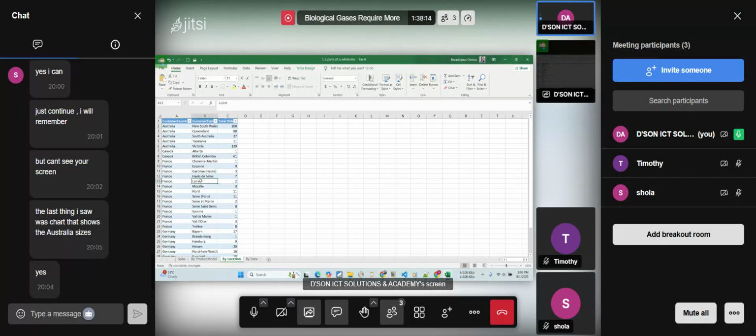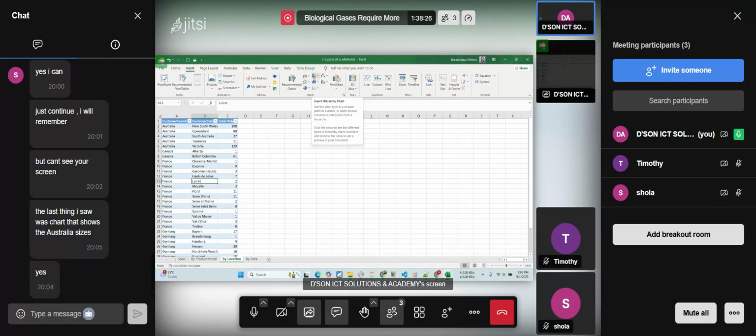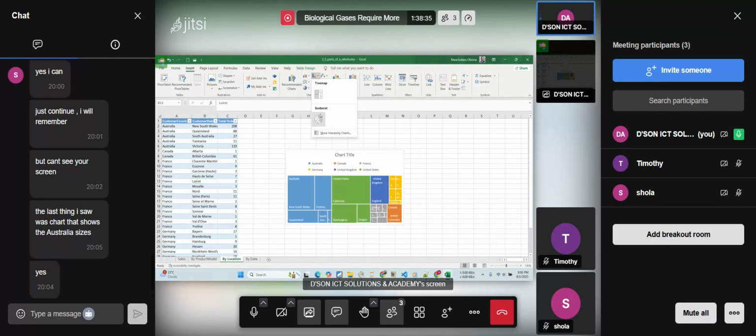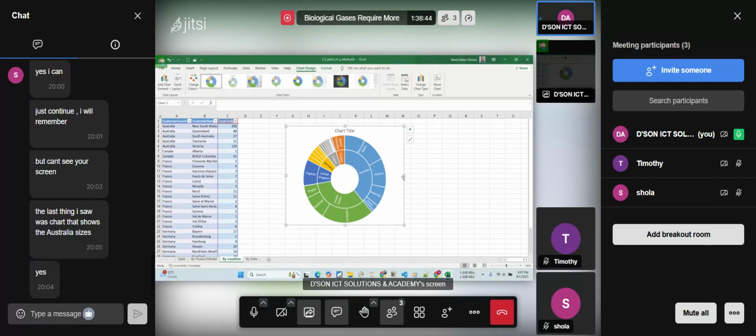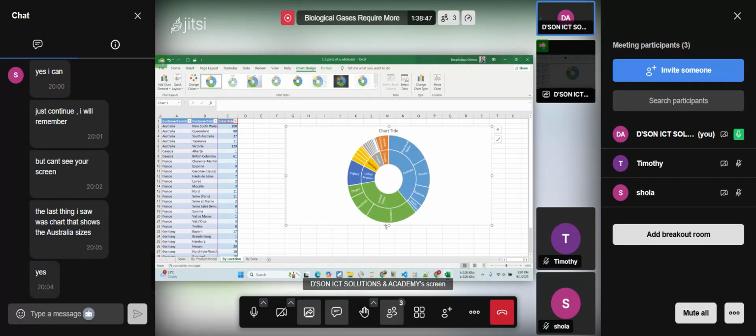For us to do that, just click on your table and go to insert, then go to the chart section. Under the chart section, you will see something like a big square having small squares inside. That is the icon of a tree map, which represents hierarchy. If you click on the drop down arrow, you will see tree map and sunburst. For now, we are looking at sunburst. Click on it and expand the chart so that you have a